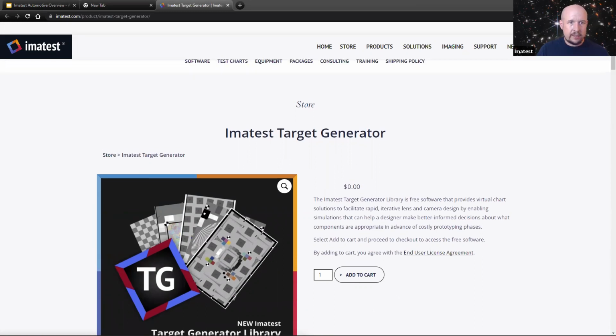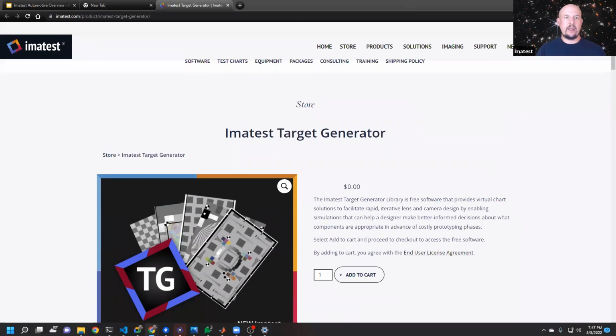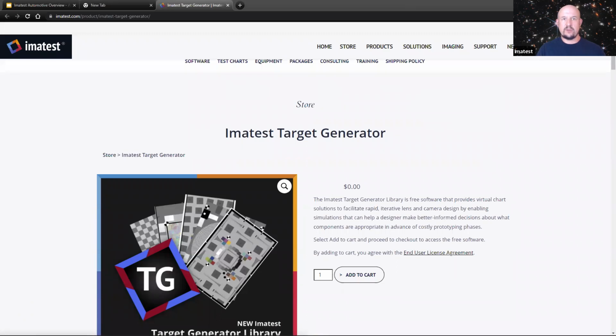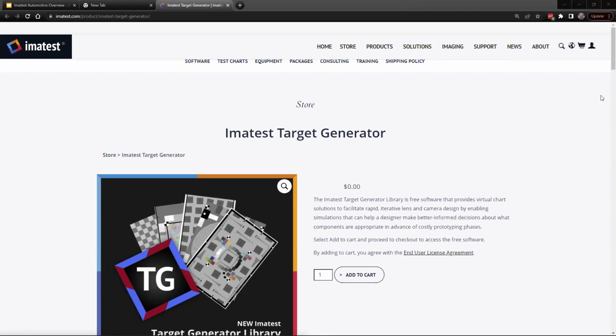This target generator can be useful for doing simulations of camera systems and seeing how your artificial intelligence and your objective metrics of your camera can correlate with each other. 那这个图卡生成器就是用 AI 来模拟，然后你可以来测试，知道说它模拟出来的测试图卡跟你所需要的有多少的相关性。